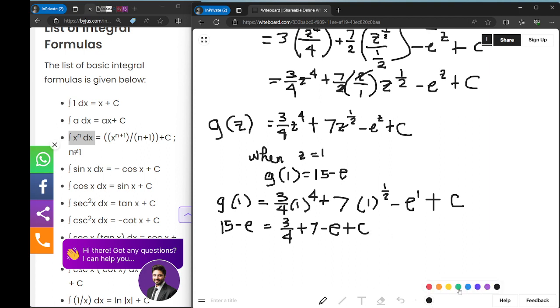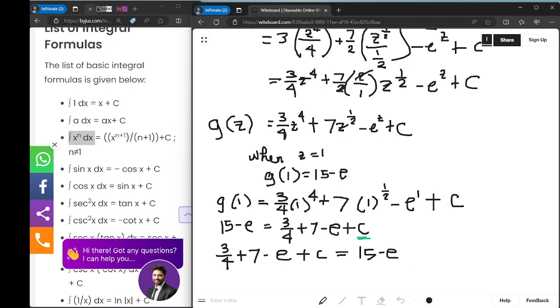So we are looking for c, so we can rewrite this as 3 over 4 plus 7 minus e plus c is equal to 15